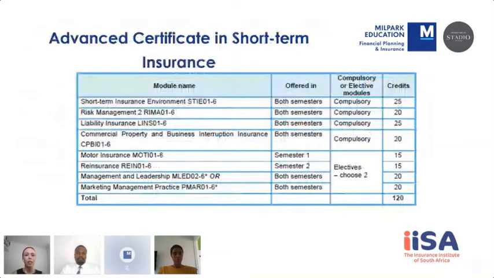The last qualification that I want to quickly touch on is our advanced certificate in short-term insurance. Same story again. 6 modules that you need to do to complete the qualification. There are 4 compulsory modules, and then you need to choose 2 electives. When you look at these electives, management and leadership and marketing management practices are 2 of the options. However, please note that you can't choose both of them. So you need to choose an insurance-related elective, being motor insurance or reinsurance,